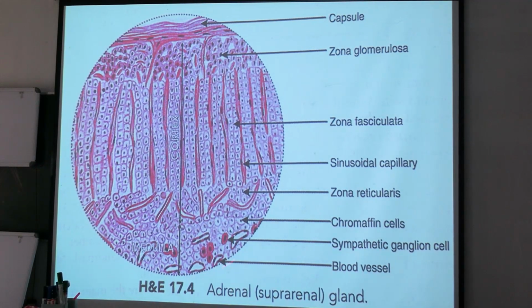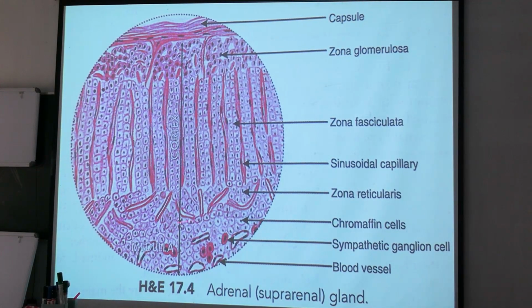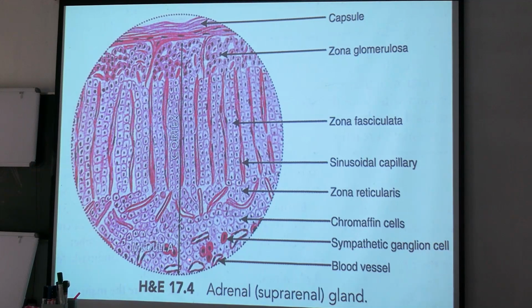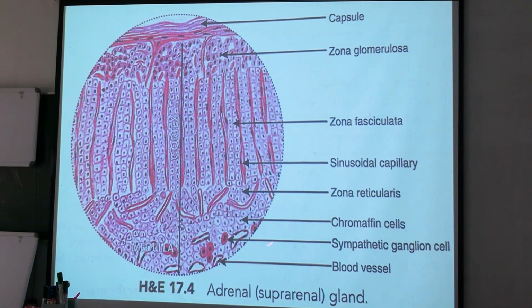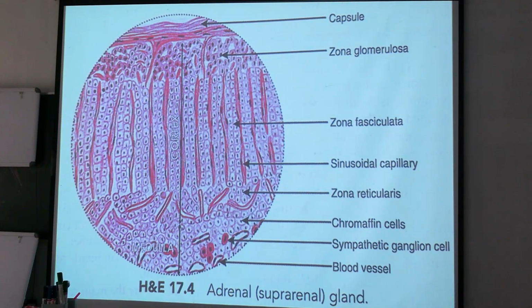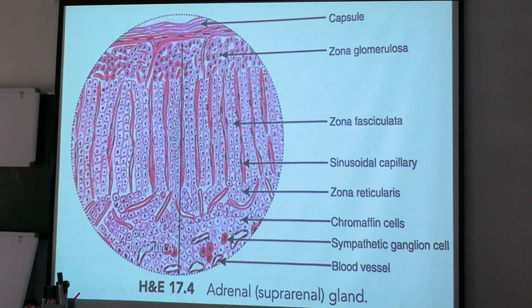And this part is the medulla. Large polygonal cells, chromaffin cells, are present, and sympathetic ganglion cells are deeply stained cells. More sections of blood vessels will be present in the medulla, and the medulla is lightly stained compared to the cortex. You have seen in the previous picture. So you draw this diagram. This whole part is the cortex, and this part is the medulla. The outer lining is the capsule. Understood? And you write down these features in your histology practical book copy.